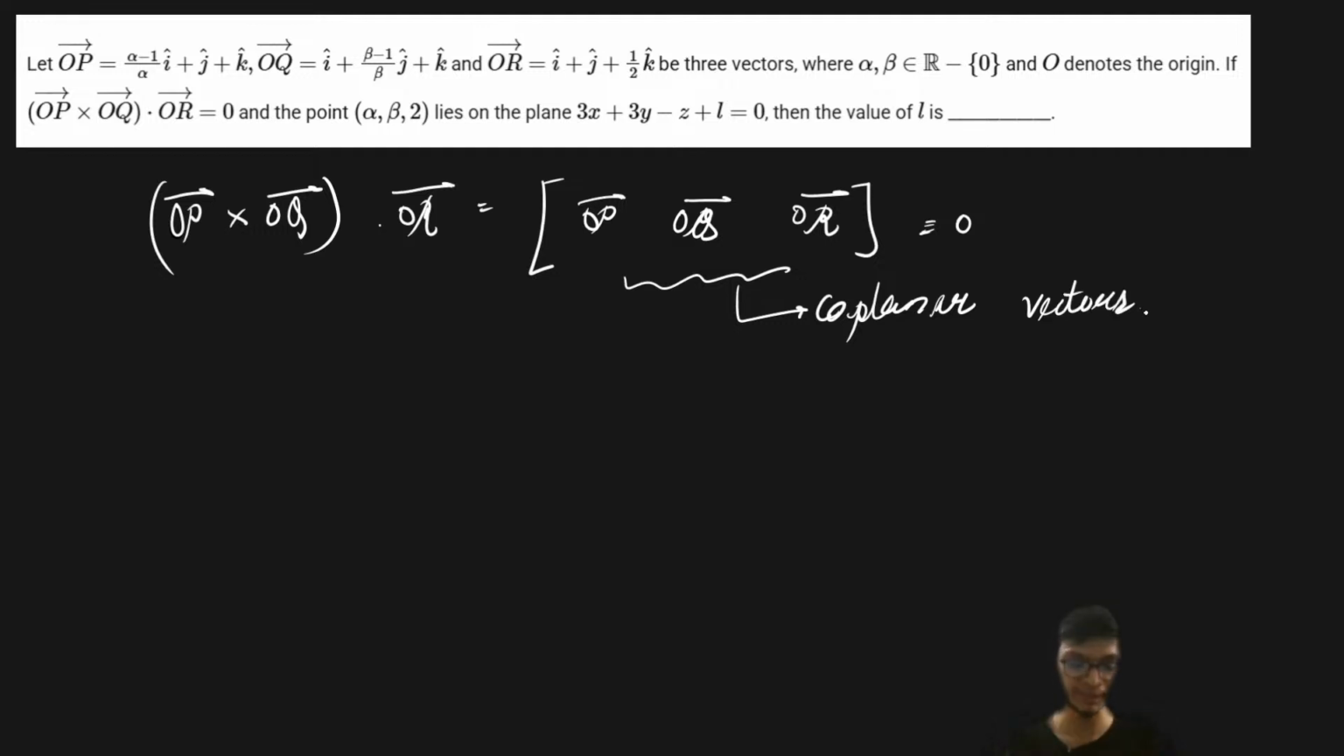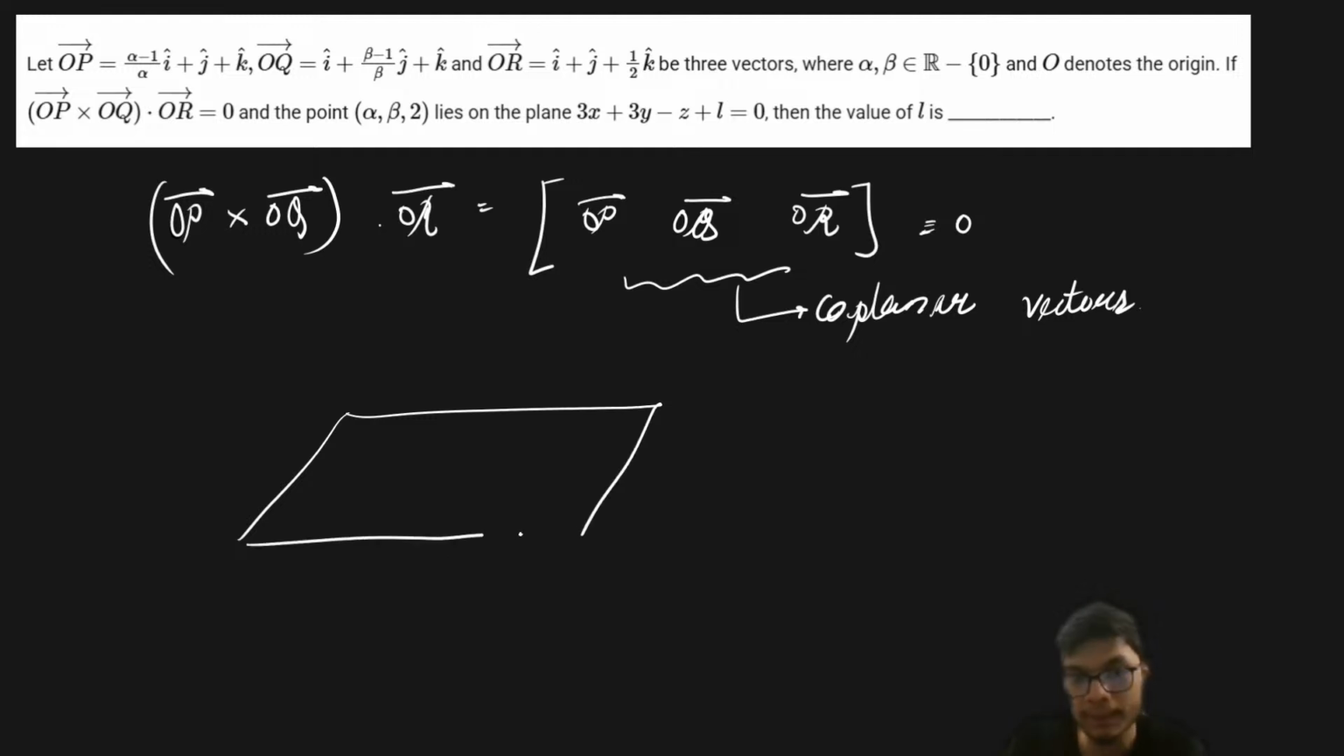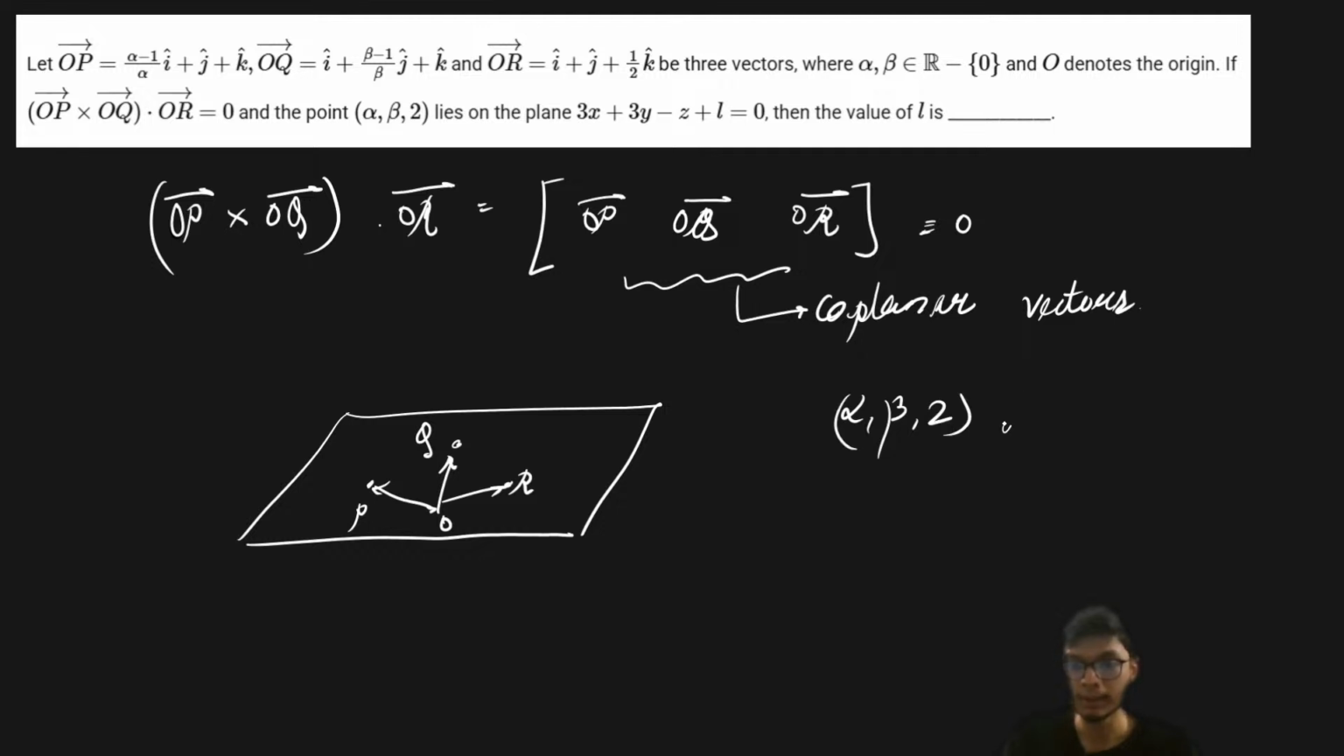So once you get this information that these three vectors are coplanar, now your job is much simpler, because all of these vectors are lying on one particular plane. Let us say there are 3 points on a particular plane. Let us call them P, Q and R. And the origin is also lying in the same plane, because they are position vectors, and position vectors are given on the same plane. So all these three vectors are on the same plane. Now it is said that a point alpha comma beta comma 2 lies on the plane